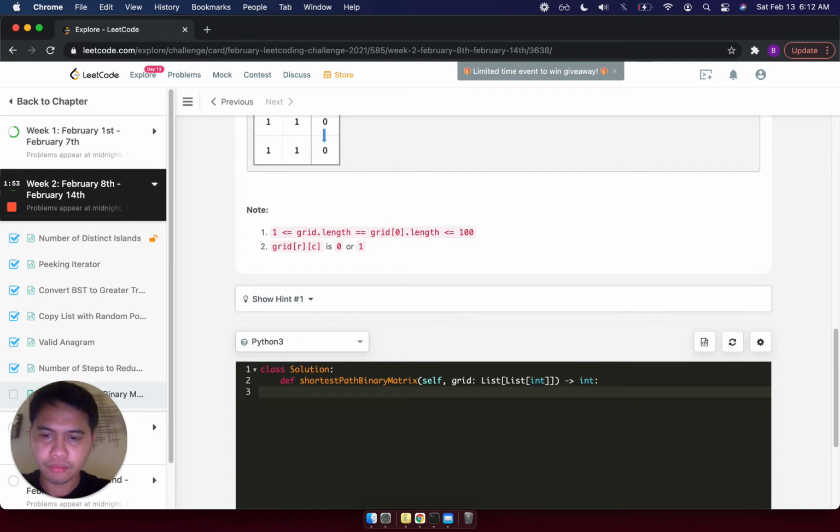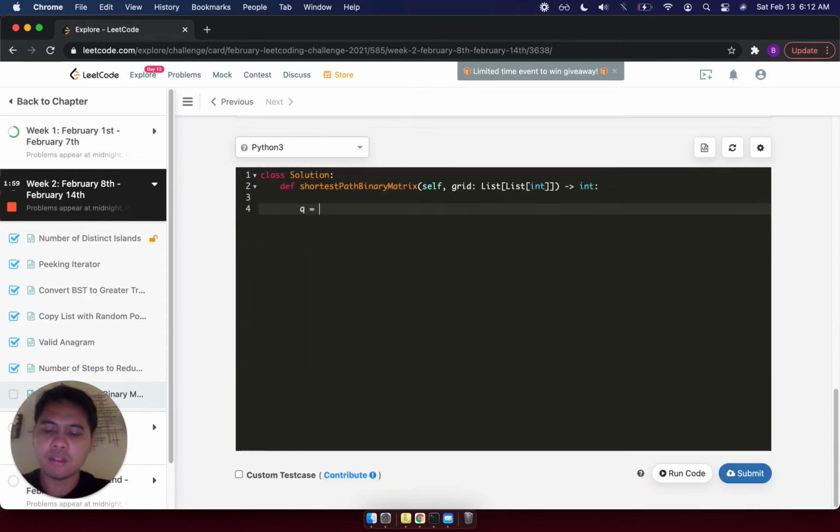So q equals, I think I could do a deque here, and I'm just going to store the top left corner with a distance of 1, and then while there are still items in the queue,